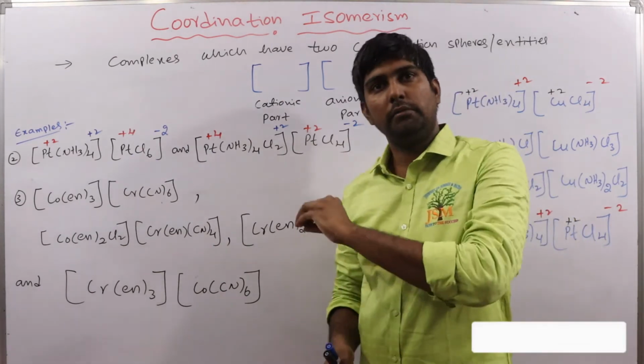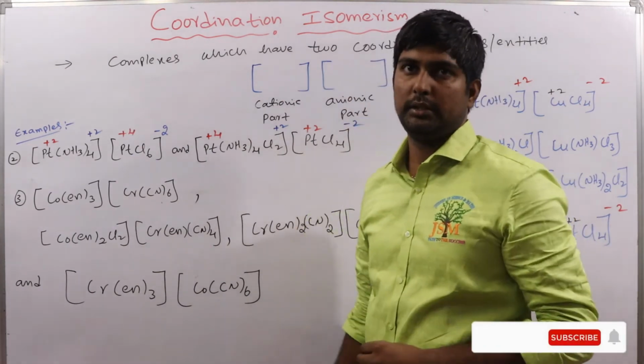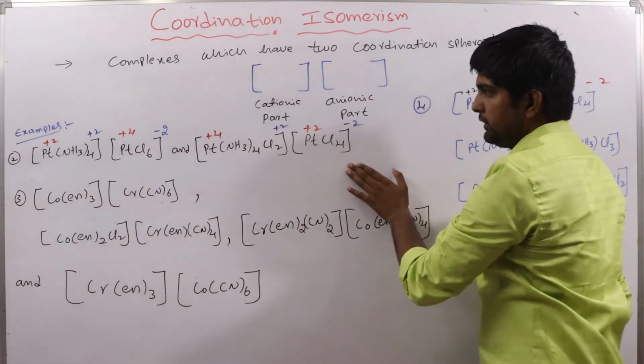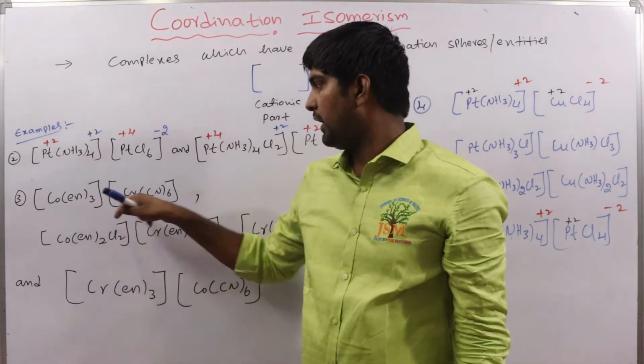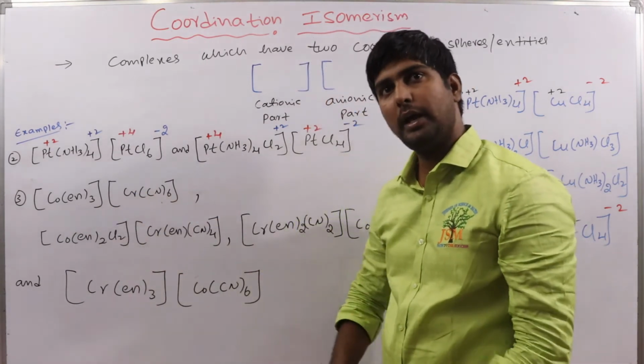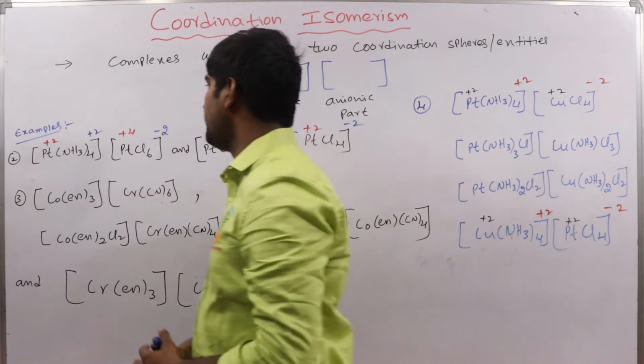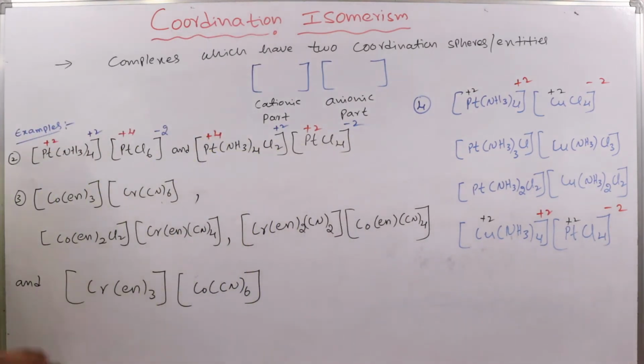Okay, and everything we discussed in the previous lectures. Okay, next see here another example. So it is a bidentate ligand and this is the monodentate ligand. They also can exhibit the coordination isomerism. Okay, see here, cobalt, what is this one? Ethylene diamine or ethane 1,2 diamine, neutral ligand.